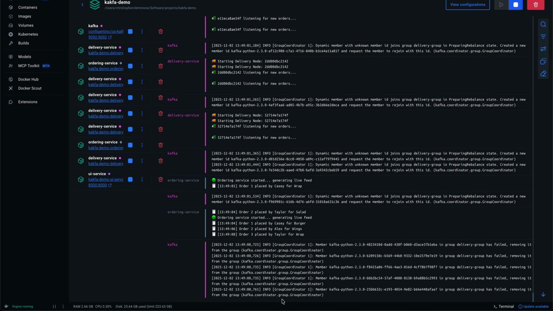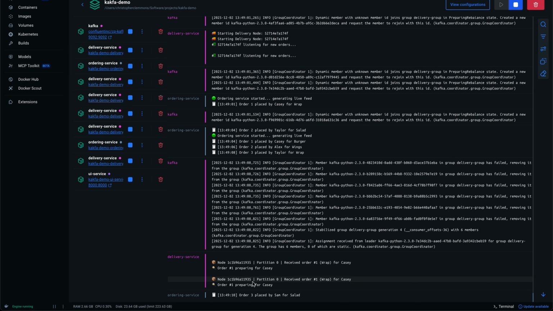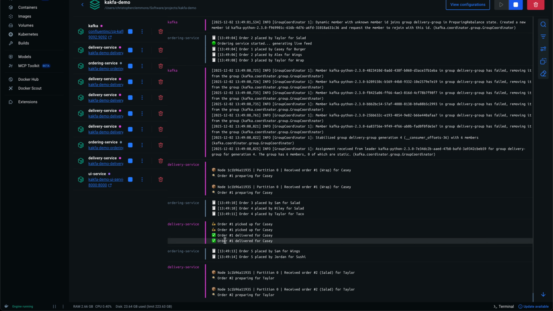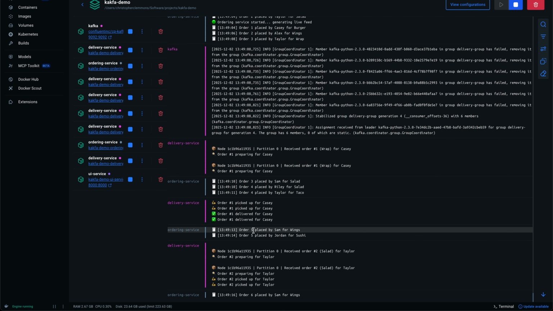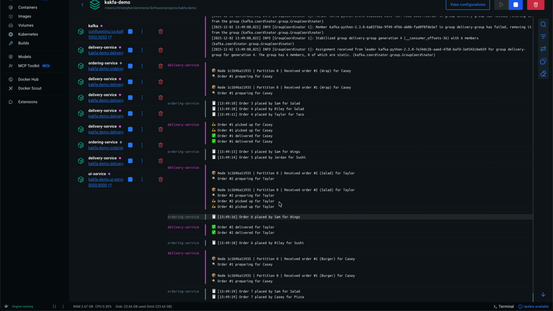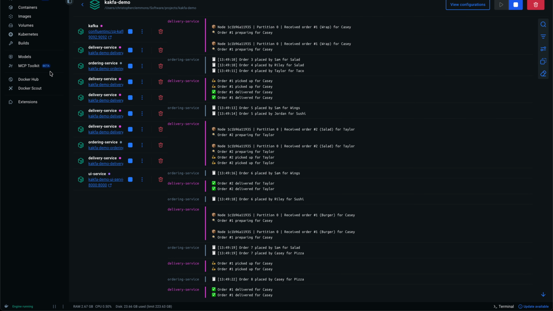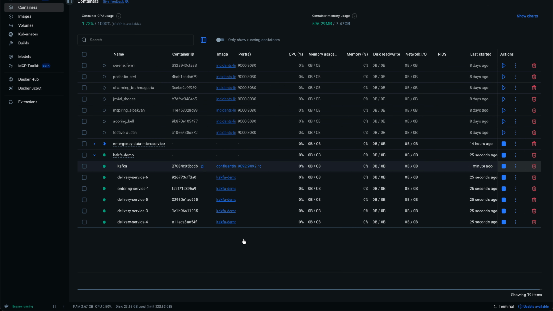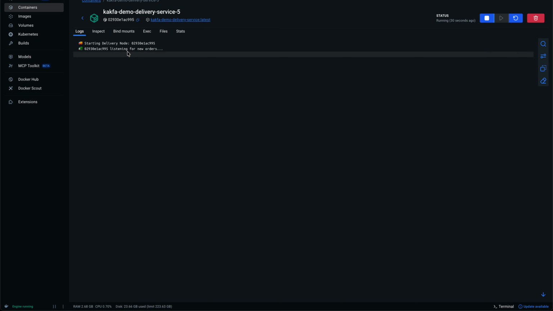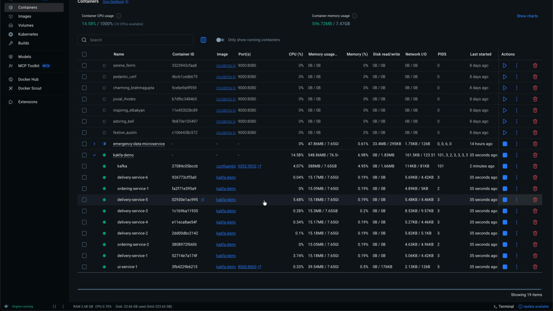So we have partition 0, and we see order number 1. You see those orders coming in, being placed, and being processed by partition 0. That means we have 1 worker node. Now, if we go back to containers, we can see that we have several of the delivery service nodes running, but they're not processing any orders. There's the node ID, and it's listening for new orders, but it doesn't know about those orders,